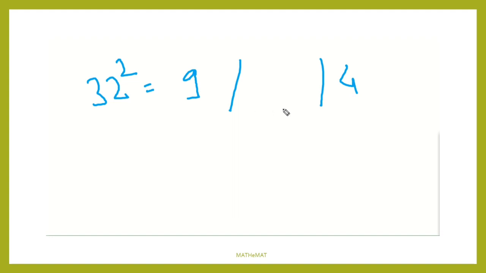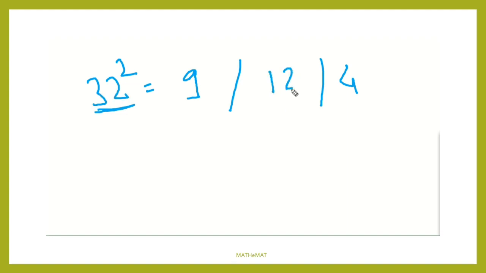Suppose I want 32 square. How can you do this? 32 square. Okay, this is a little bit difficult number, but don't worry, this method is very easy for all numbers. Just put here 2 marks. What is 3 square? 9. What is 2 square? 4. And here the product and twice. What is the product? 6. Twice is 12.